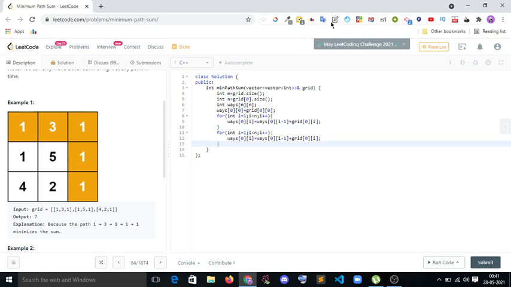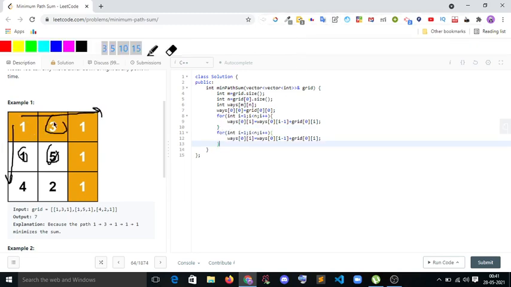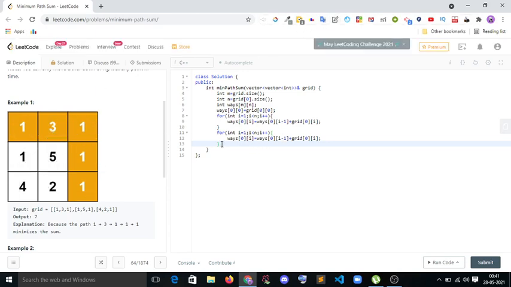What we get from that: 1 plus 3 becomes 4, 4 plus 1 becomes 5, 1 plus 1 becomes 2, 2 plus 4 becomes 6. This is what we did right now, and after that we apply a min cost. If a similar question is given like max cost, then we'll pick the max one. It's not picking the min one, but the recurrence equation is very similar. So it will become i with 0 here, this will become i minus 1, and this will become 0, and this will become i, and this will become 0.